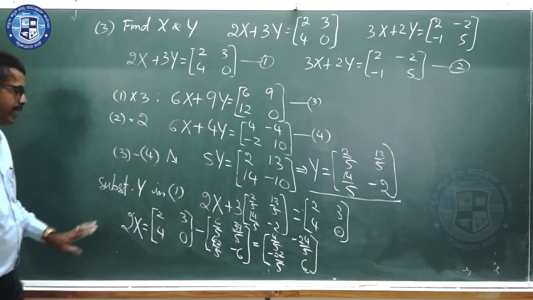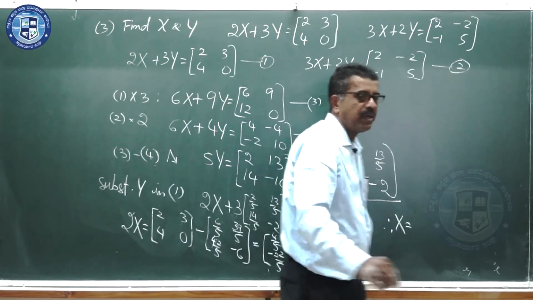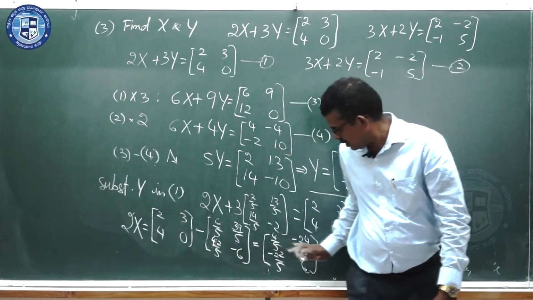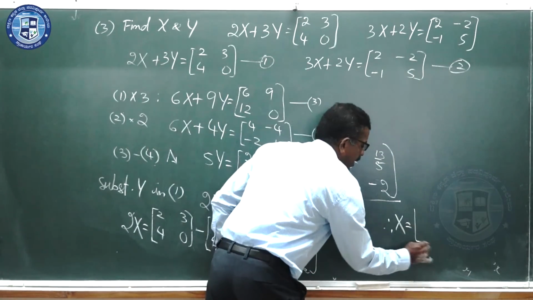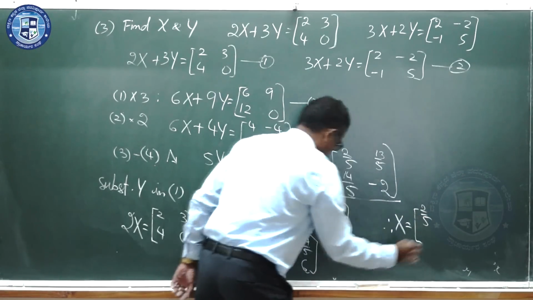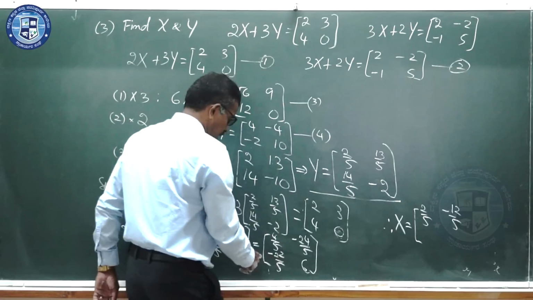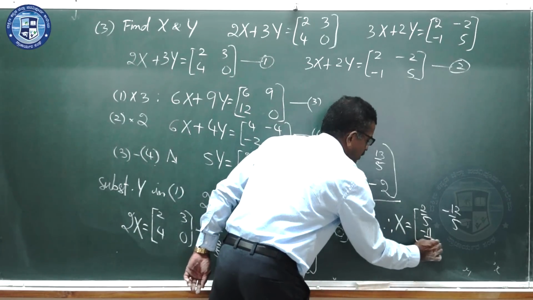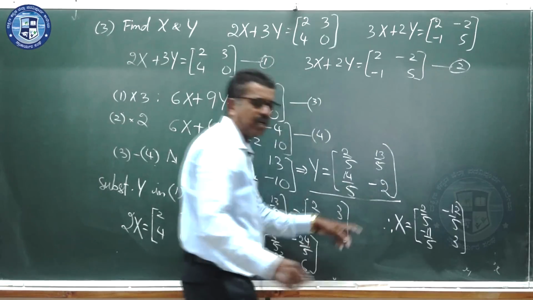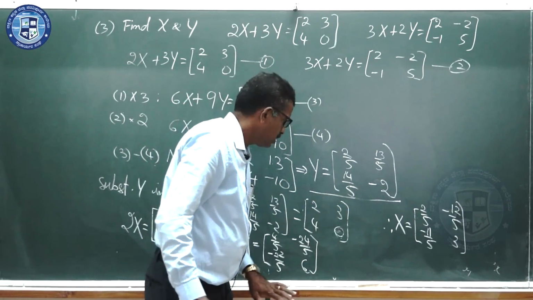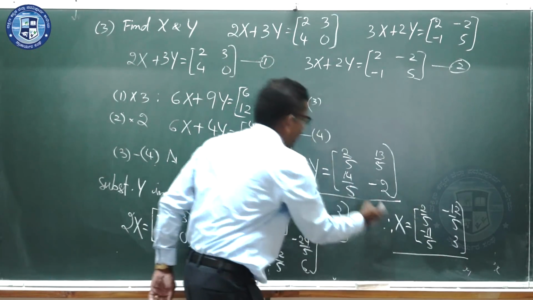This will be 2x. Therefore, can you please tell me what is x? X is obtained by dividing this throughout by what? Dividing throughout by 2. What do you get on dividing this throughout by 2? We get the value for x, it is 2 by 5, minus 12 by 5, and then here minus 11 by 5, 3. You check whether I went wrong anywhere. May not. Okay, so that is the value for x. X is like this and y is like this.